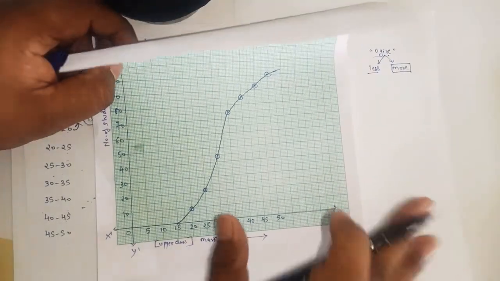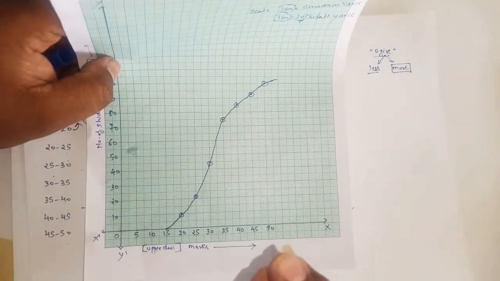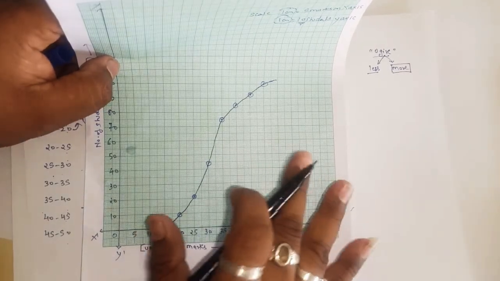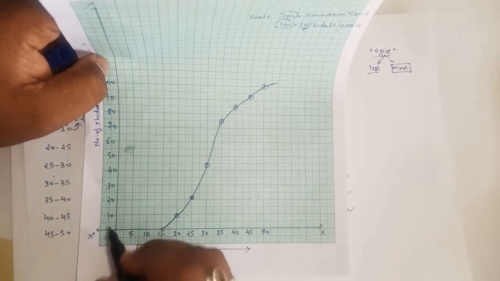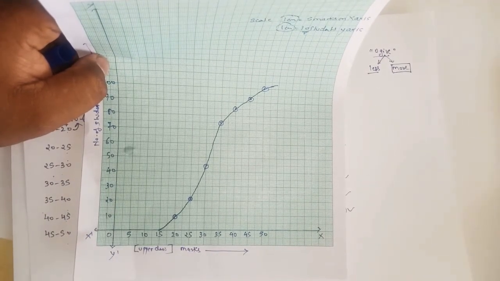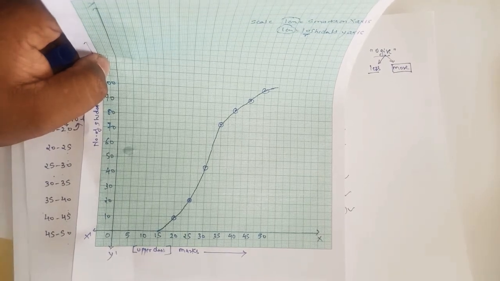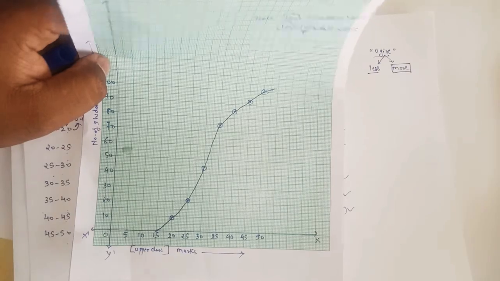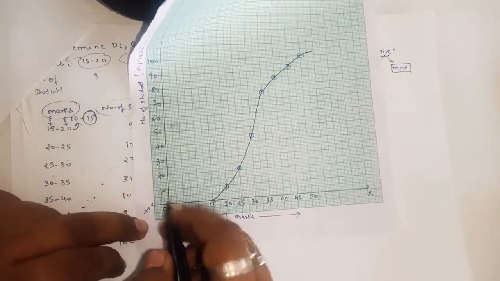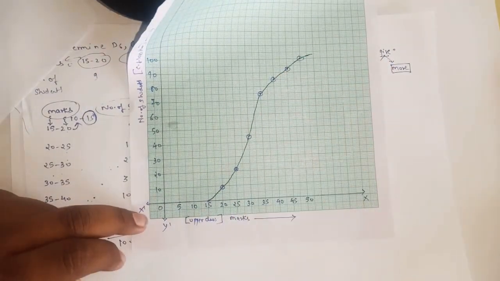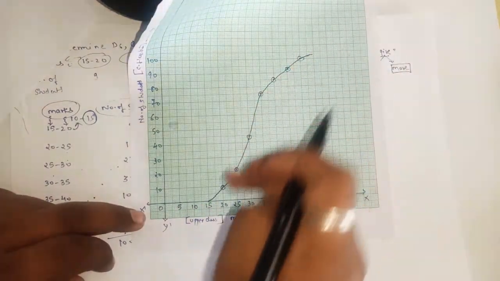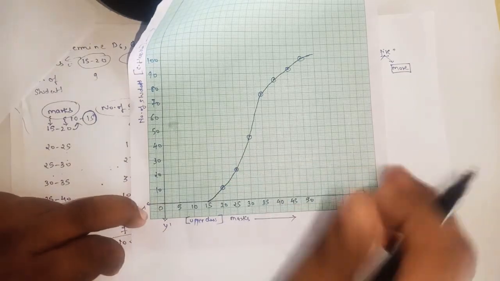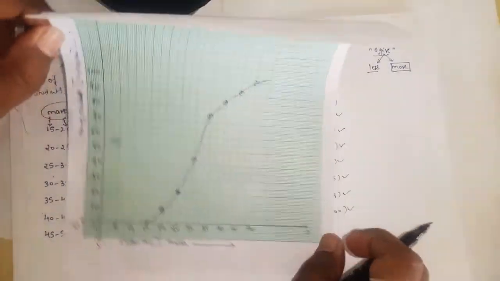But I will give some hint or trick to remember for this exercise. Whenever the class is closer to 0, no need to draw this kink symbol. And if it's starting from 300, 200 somewhere, then you have to draw the kink symbol. So remember this point. Okay, so for this sum, we will not draw the kink symbol. I hope you all understood how to plot the points and then how to draw the ogive graph. So this structure is known as the less than ogive. So I guess you all understood till here.